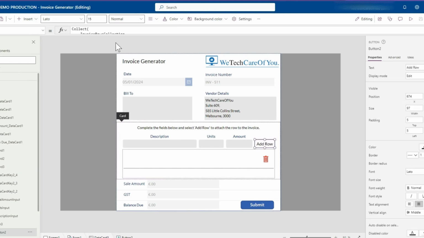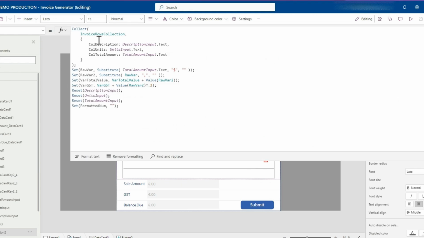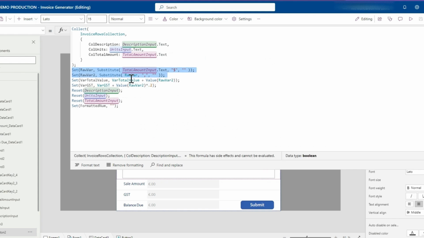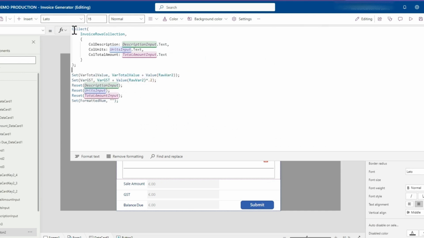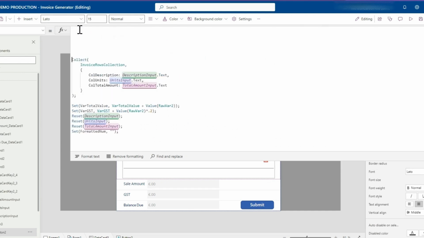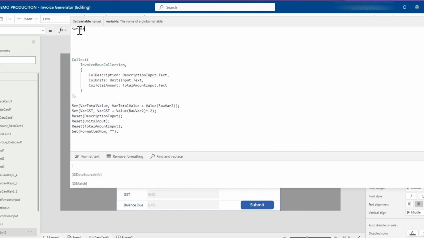Now, what I'm going to do is come to the add row button here. I'm just going to do a few changes to this code, which should make the change. So basically, these 2 rows here, we can just delete. And then I'm going to add some new rows at the start of this. First, we want to set a variable. So I'm going to call this